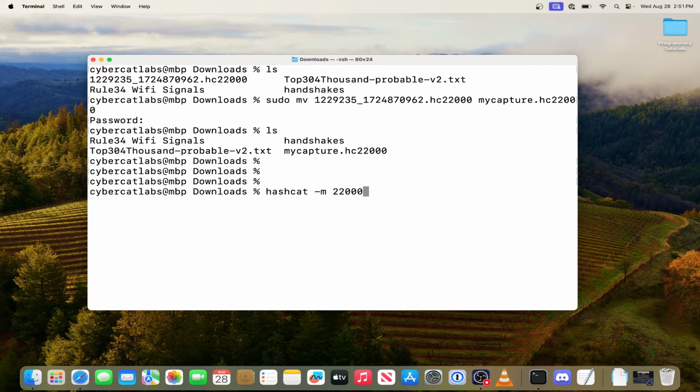hashcat -m 22000. Then we're going to do -a 0. This means it's going to be a straight dictionary attack for the specific HC22000 file. We're going to do my capture, and then I'm going to use my password list. Now if we hit enter,